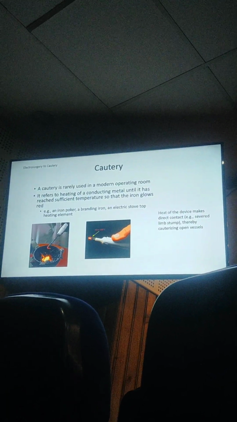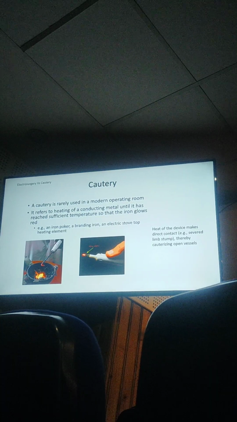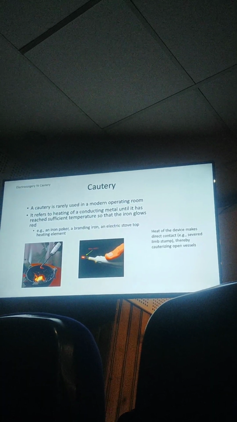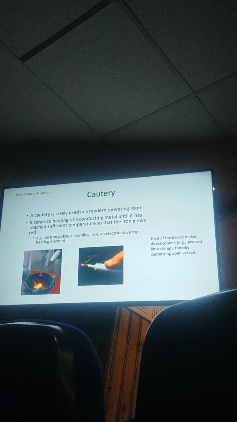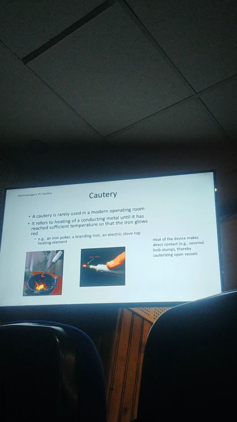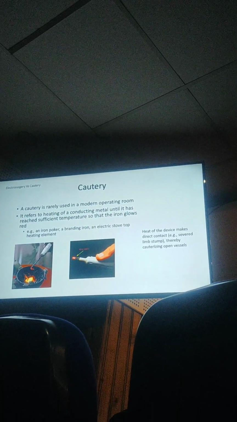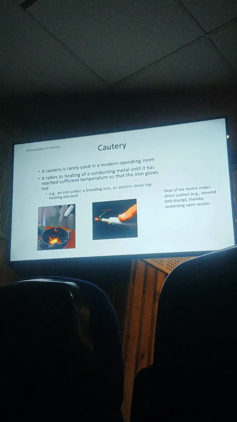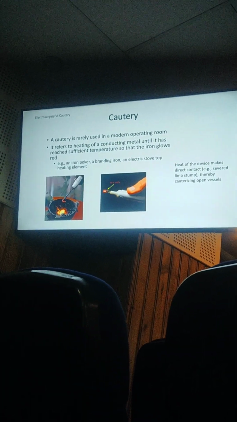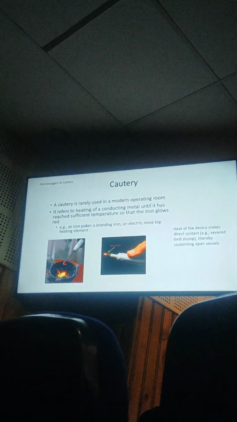Cautery is rarely used in modern operating rooms. So whatever we are using in our ORs is not cautery. When we ask for it, it means that we are not using the appropriate term. What is cautery then? It refers to the heating of a conducting metal until it has reached a sufficient temperature